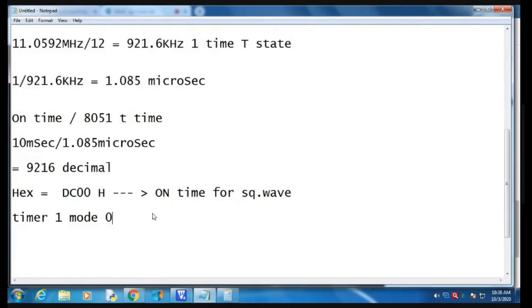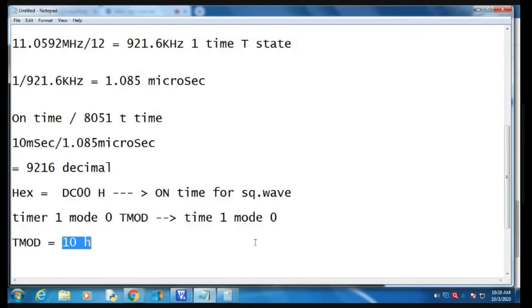So we define the T mode for timer 1 mode 0 as T mode equal to 10H.